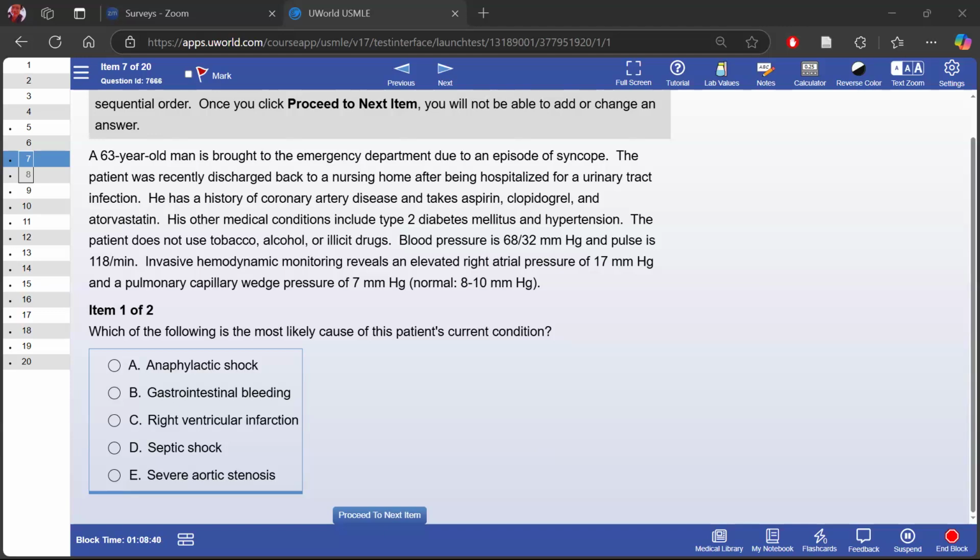So we have anaphylactic shock, GI bleeding, right ventricular infarction, septic shock, and severe aortic stenosis, right, in the options. So we want to figure out what the patient currently has. So let's see what we have. A 63-year-old man brought to the ED due to an episode of syncope. So the patient lost consciousness. And the patient was recently discharged back to a nursing home after being hospitalized for a